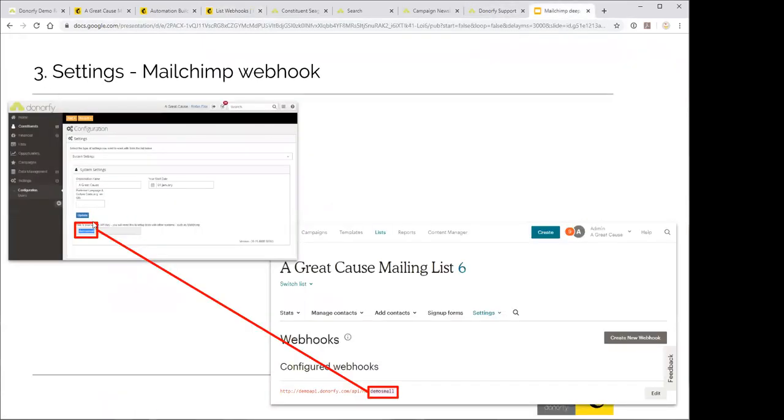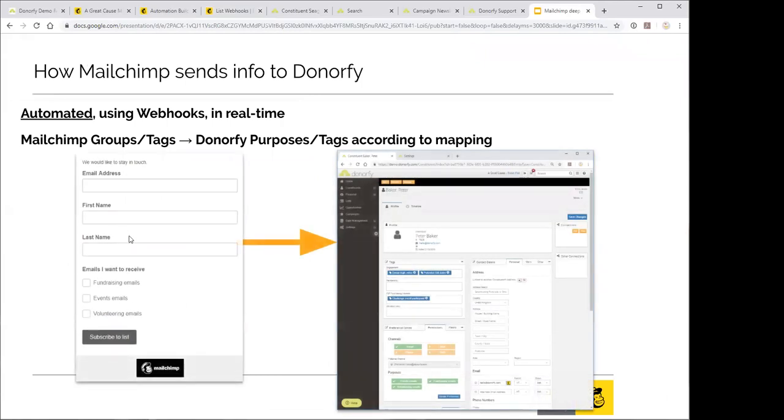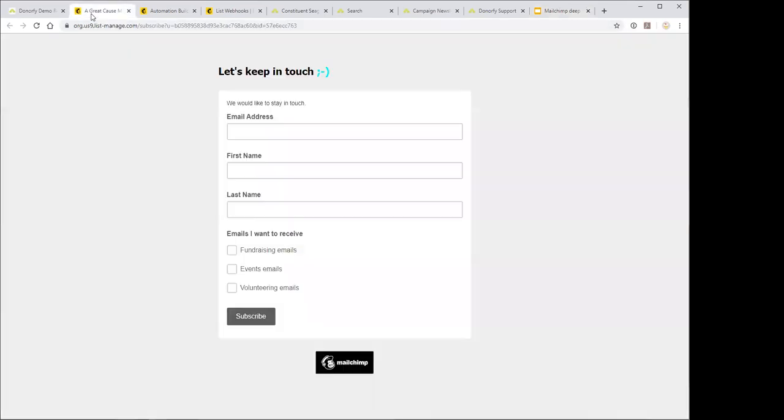All right, so you've done step 3 of 3 in setting things up. So what happens is when someone registers for your emails, they'll get added as a constituent into Donorfy. Let's quickly do that. I'm going to put myself on this mailing list. I've already done it a few times, so I'm using an email alias, which you can do with our email system, demo1 at donorfy.com. I'm subscribing with this email address,